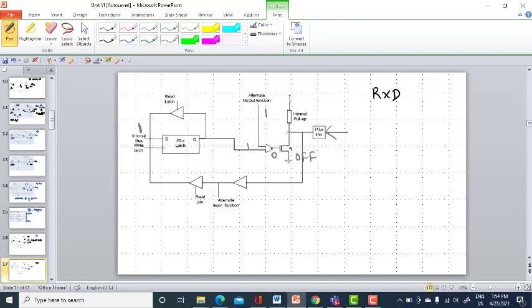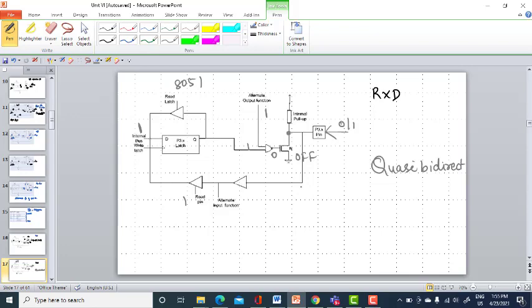Now you will have a floating state, or quasi-bidirectional state. Whatever data is present here will be forcefully read here when your read pin is enabled, and it will be placed in the D latch, and can be read by the 8051 through the read latch.